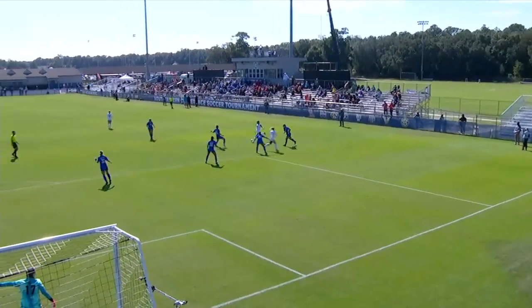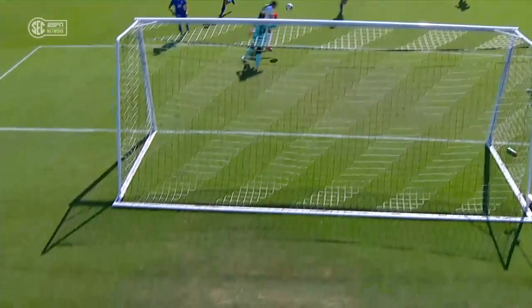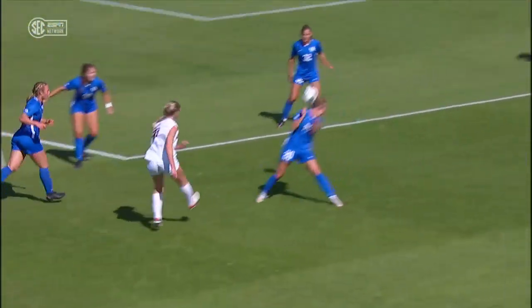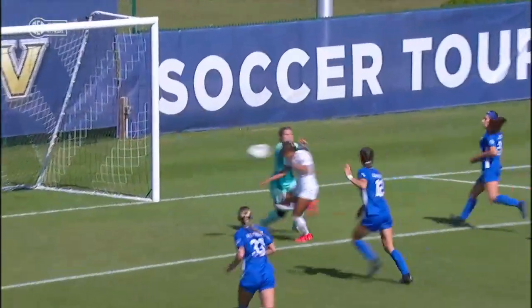And this is what Kadani McAlpine was talking about at halftime. We need to get the ball in those wide spaces, create some overloads to find the service. Here it's McKenzie. What a clever little ball. An in-swinger right into